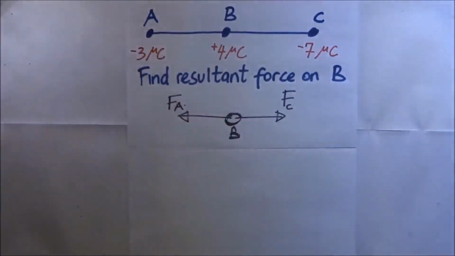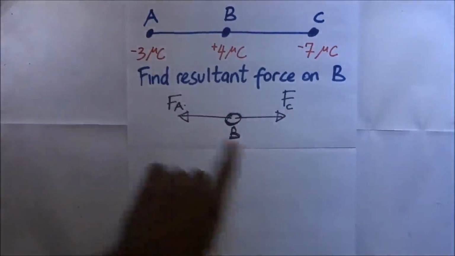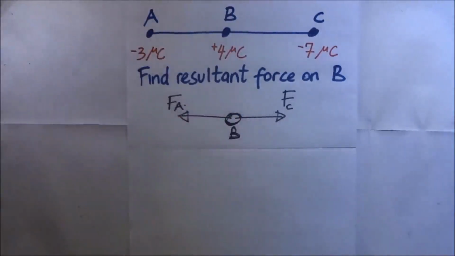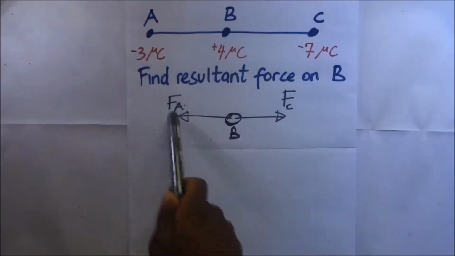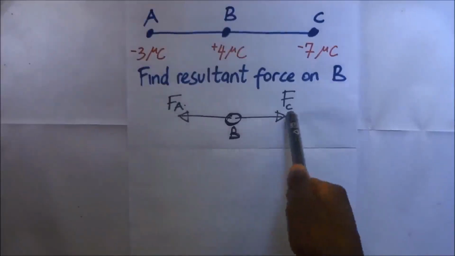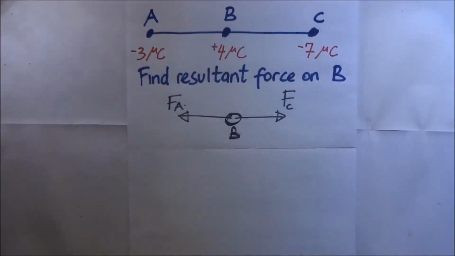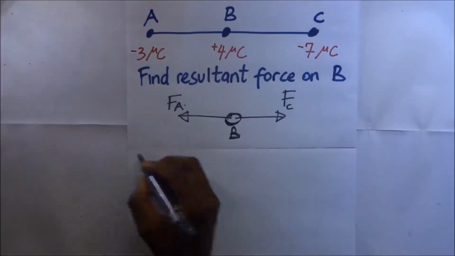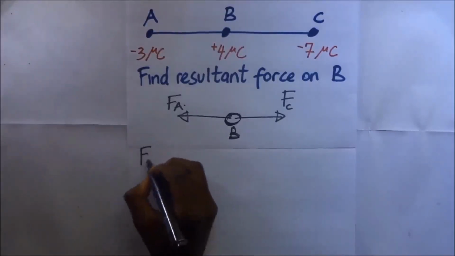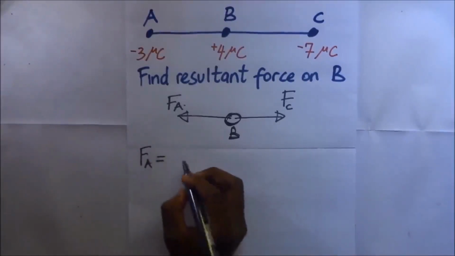And now our job is to find the resultant due to these two forces. So we shall first find the force due to A, get the force due to C, and then we find the resultant by subtracting. The greater force is the one that takes the day. So let's find the force of attraction due to A. The force of attraction due to A is going to be equal to